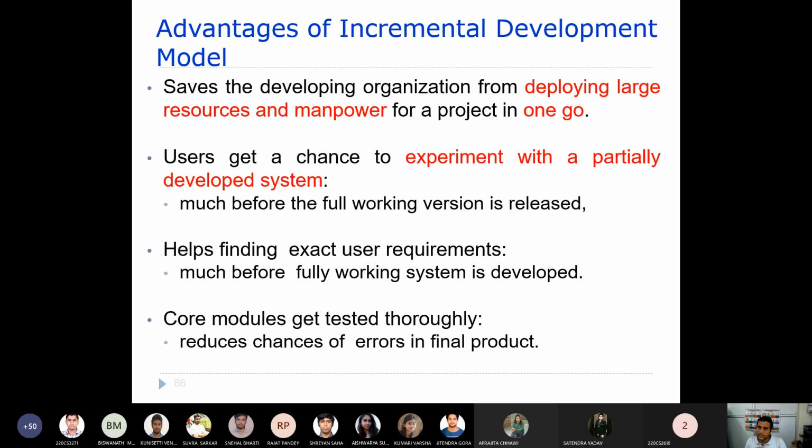If you are going to develop all of the modules at one go, you might require an operating system which can provide all the functionalities. As a result, you have to pay a lot of money to the operating system developer, like Microsoft. You have to pay if you are going to use Microsoft Windows.